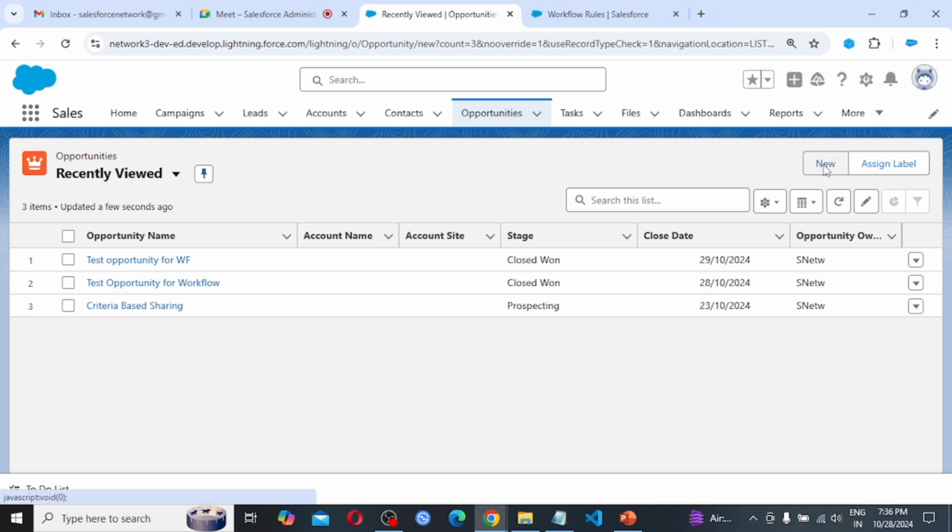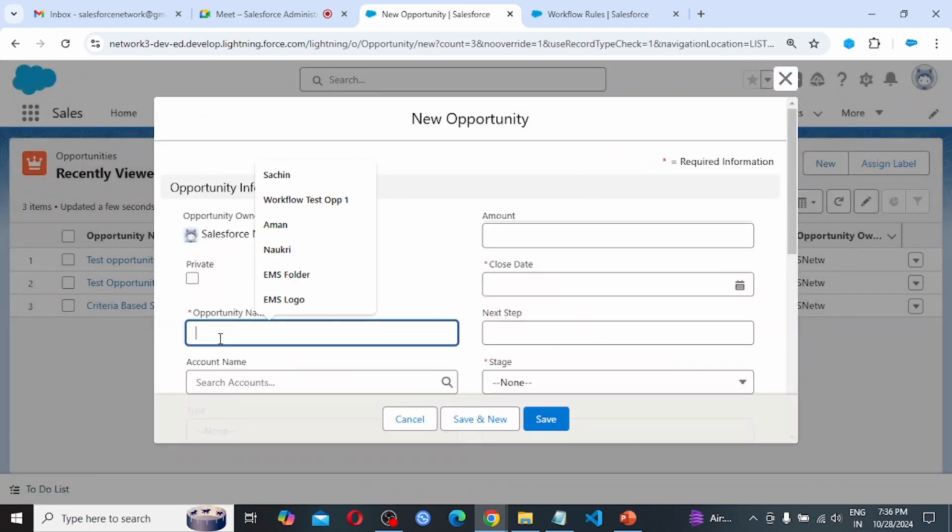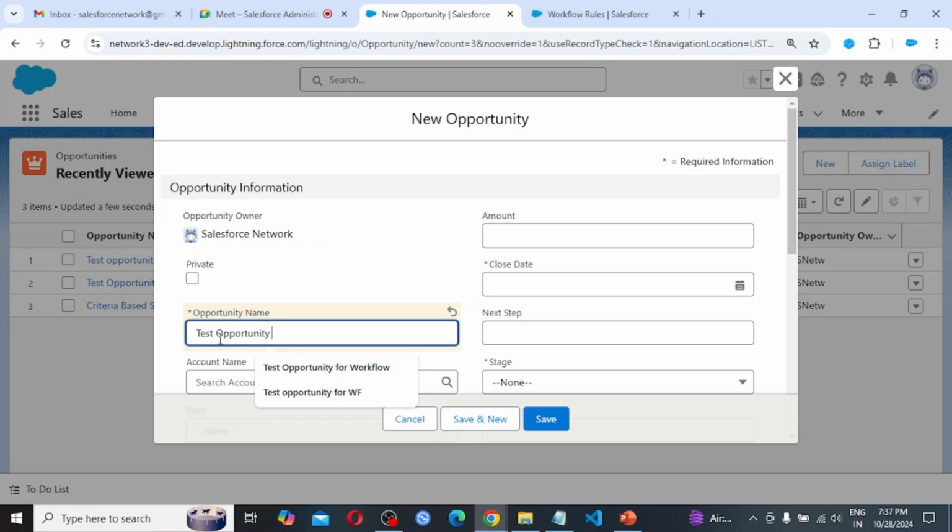So here I am going to click on new, opportunity name, test opportunity for workflow rule.